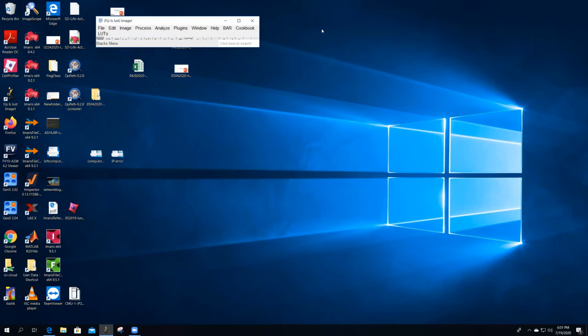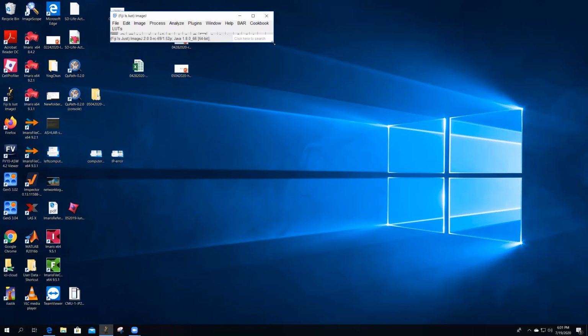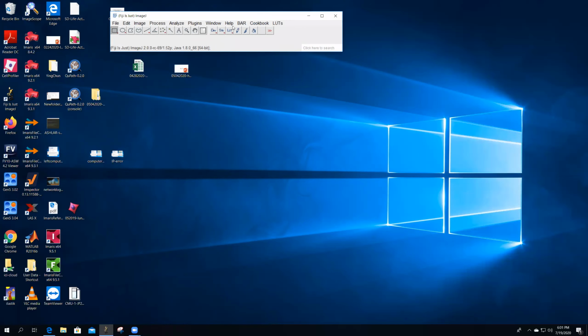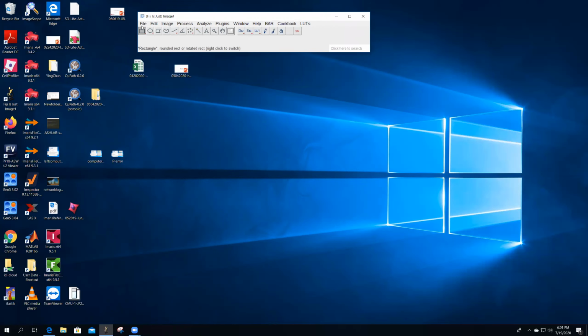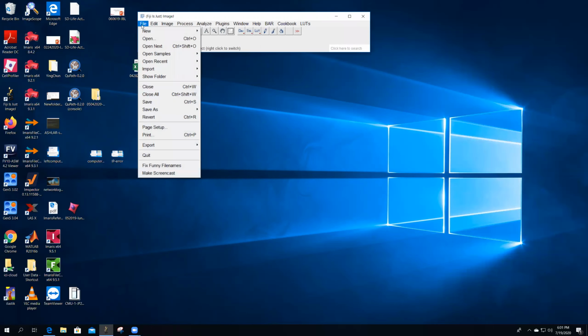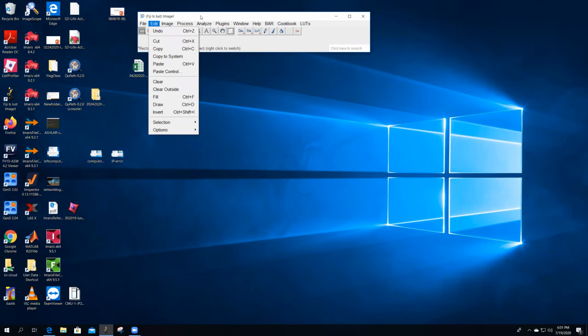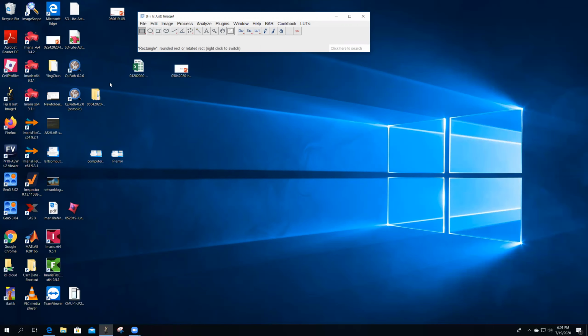Once you come to FIJI, this is the window that you will see. Now, depending on what you have, it will be different because this menu bar is completely customizable. You can customize this. So the first thing you will see is File. You can open something, but there are other ways of opening. So let's say, for example,